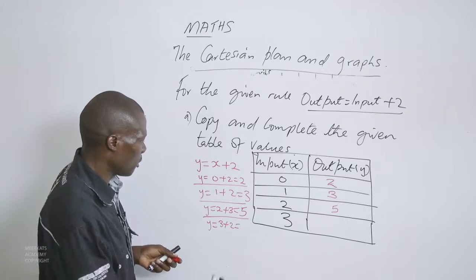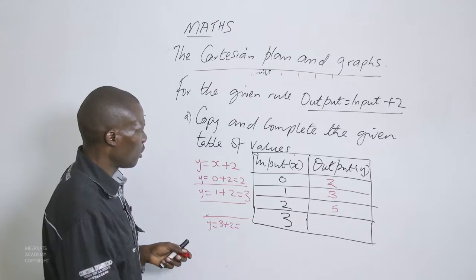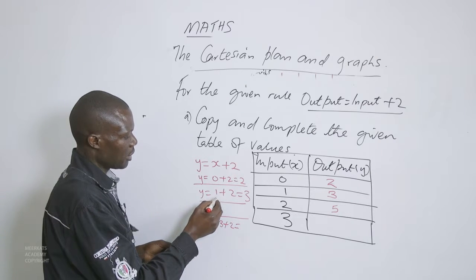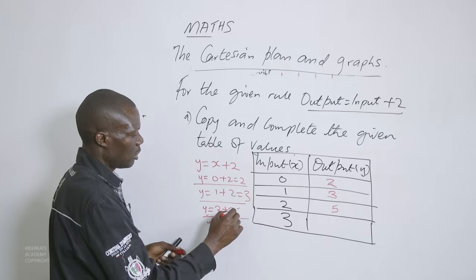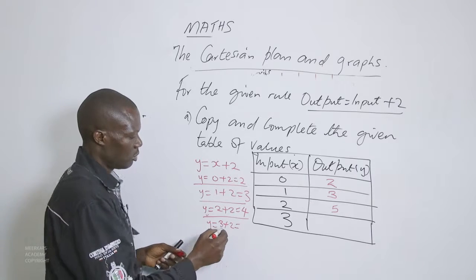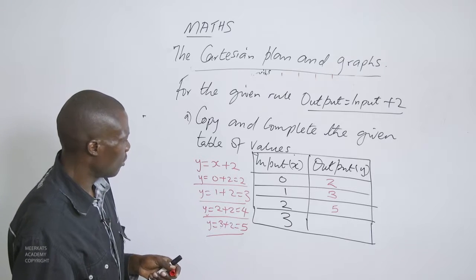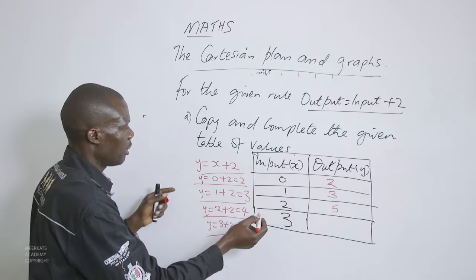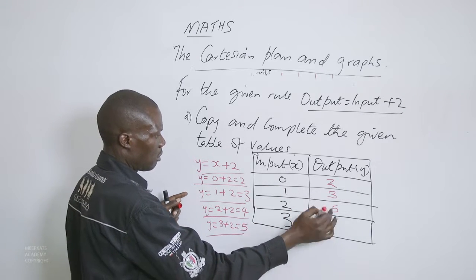we need to correct something before that here. As we do this, the constant is 2, so y is equal to, the value of x is 2, plus the constant 2, this gives us 4, and the last one, it is 3, 3 plus 2 gives us 5. So that is what we have. So we fill in the values. This will be 2, 3, this one is 4,